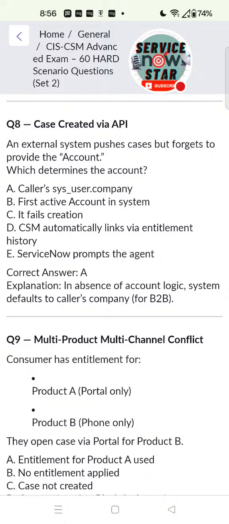Caller's sys user company. Now let me tell you, the account table in customer service management extends from the core company table. Okay, that's either an interview question or an exam question. So that's what it is. So whatever their company is tied to, because that most likely